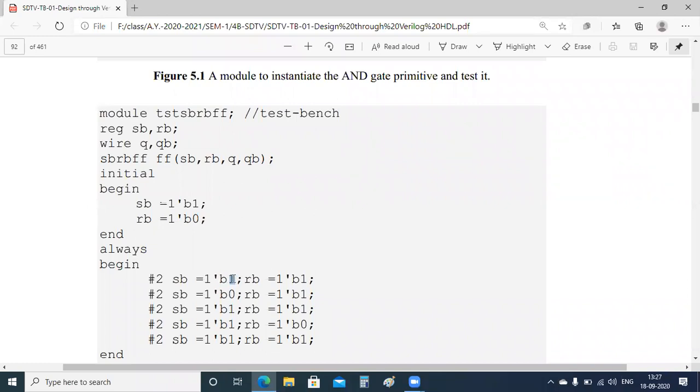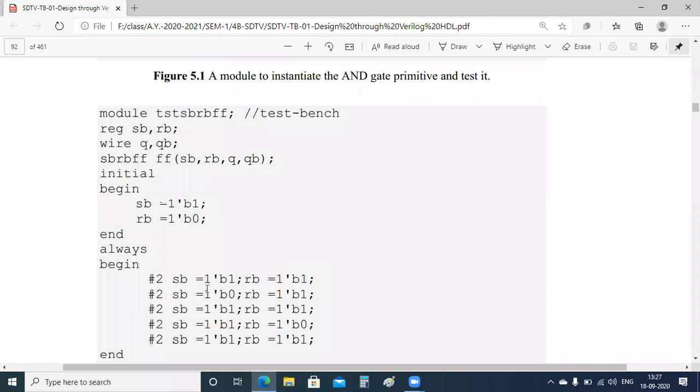What is that bit? That is 1. And RB is also a 1-bit binary; what is the value? 1. So after 2 units of time, where earlier the set button was 1 and the reset button was 0, we are now making the set button 1 and the reset button also 1.